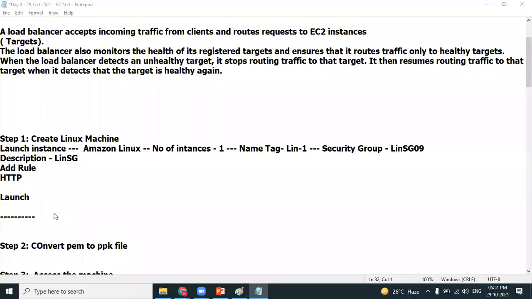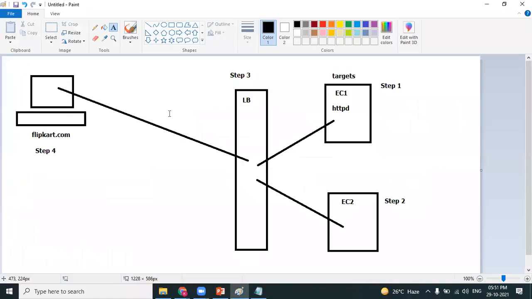When I'm creating an instance, how many ports need to be open? SSH port I'll open, because in case I want to connect using PuTTY and do configurations, I'll be using the SSH port. I'll also open the HTTP port because the browser communicates using HTTP. Two ports are opening. How do you open the ports? We already have discussed all these points. We open the ports using the security group.